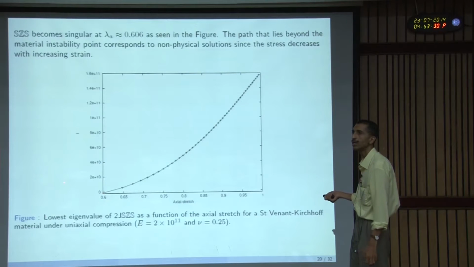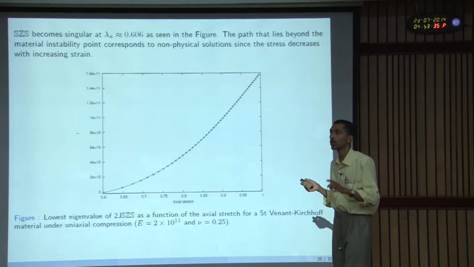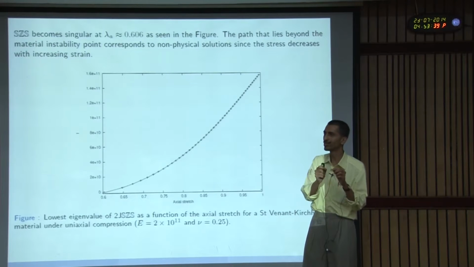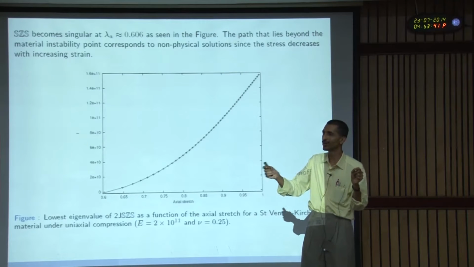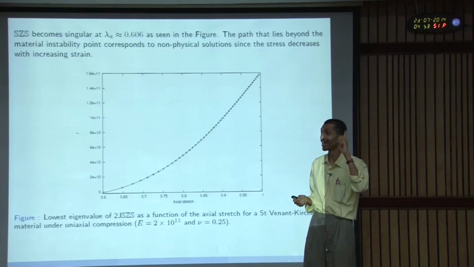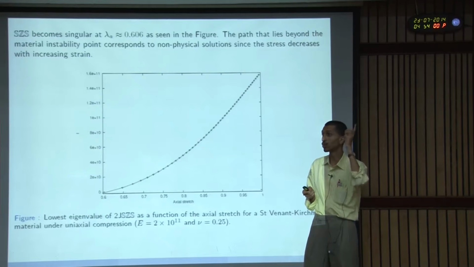No, but you are comparing your criterion with Hill, or you are comparing both of you with something else? No. So one is that I can do a hand calculation by just varying the stretch value and plotting tau. That is just a hand calculation. I am comparing against the hand calculation because that is the true thing, right? That is like an analytical solution. That is like an analytical 1D solution. And I am comparing it. So both criteria I am comparing against the analytical solution, right? Because that is the true solution.